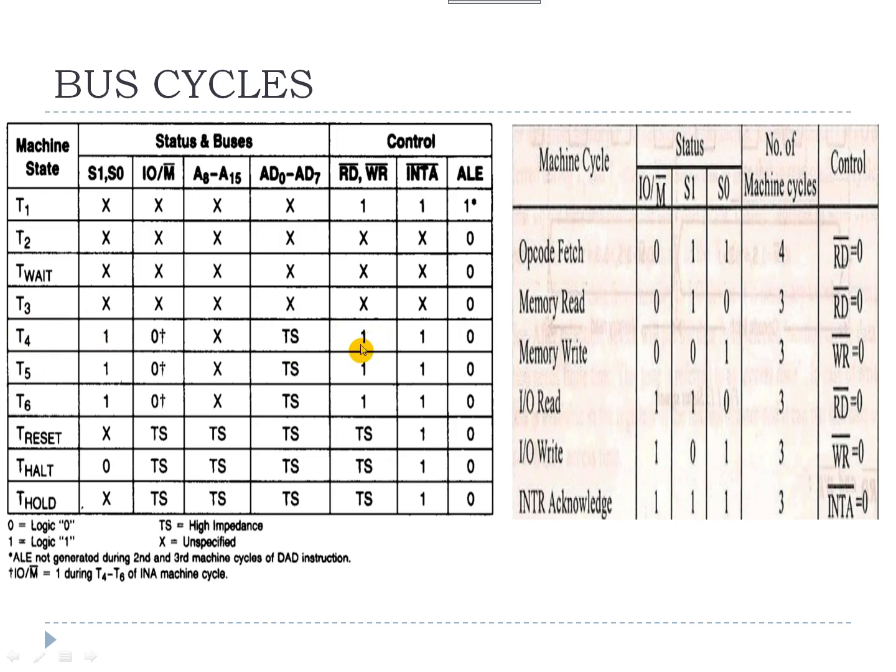So in this particular period, the read and write operations are going to be stalled. You will be supplied with one, and interrupt acknowledgement has also been one. Since they are all active signals, when you are supplied with one, it means these signals are going to be turned off. So the ALE is also going to be 0.